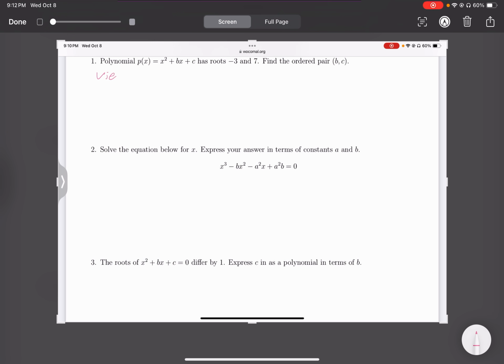Viete theorem. So basically, if you are given a polynomial p of x, if it's quadratic, ax squared plus bx plus c, then Viete theorem means the sum of roots, root 1 plus root 2, equals negative b over a, and the product of the two roots equals c over a. All right, for this one,